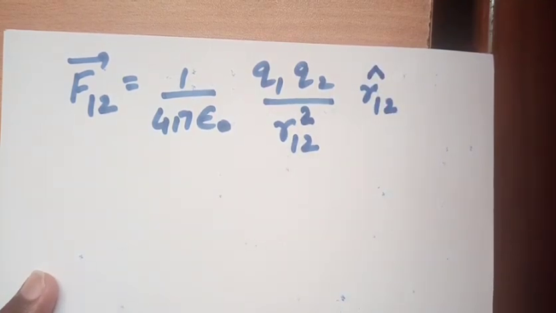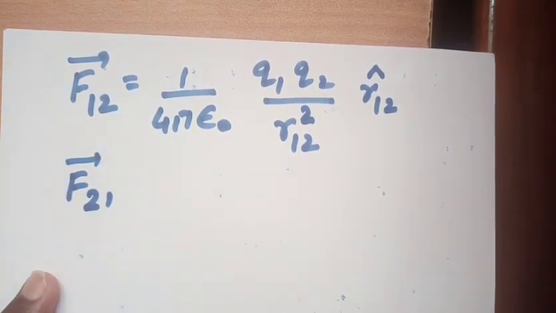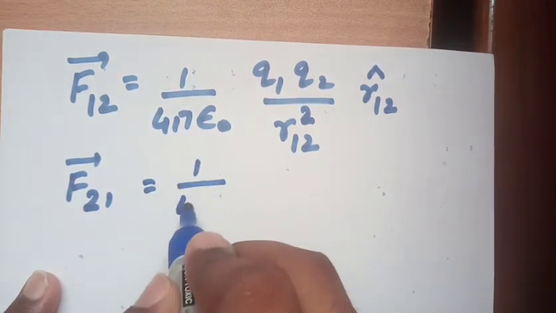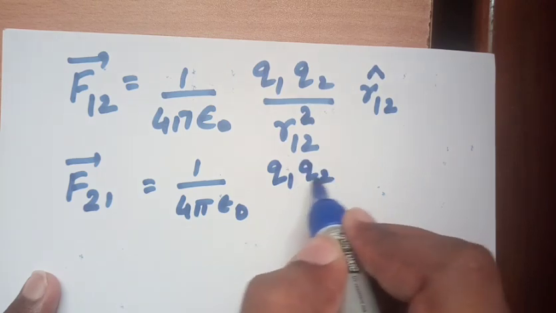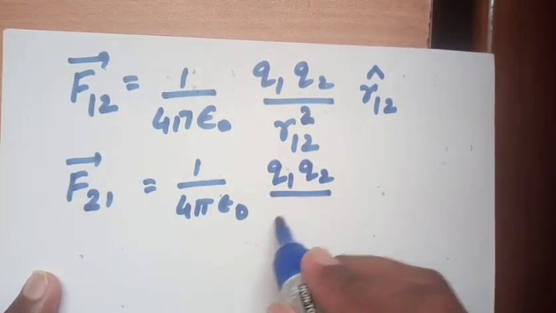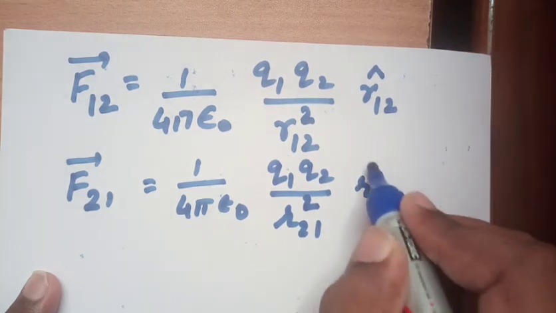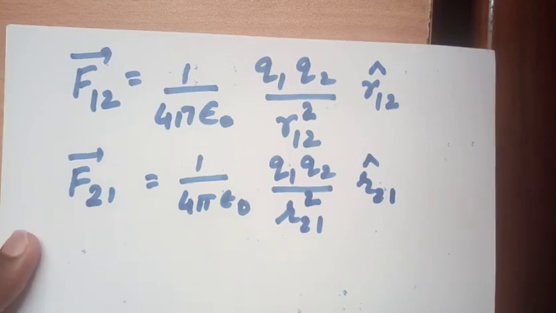Okay, and if it is the force on second because of the first, then you will write F21 is equal to 1 upon 4 pi epsilon naught Q1 Q2 upon r21 square r21 cap. Okay, and now we know this thing